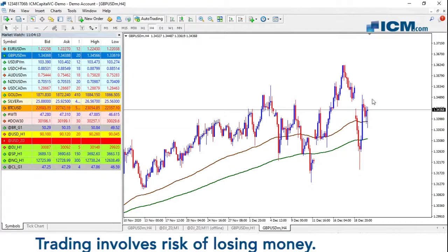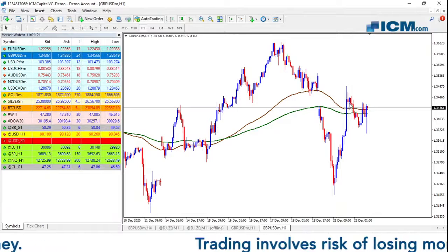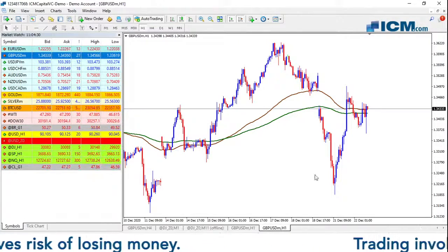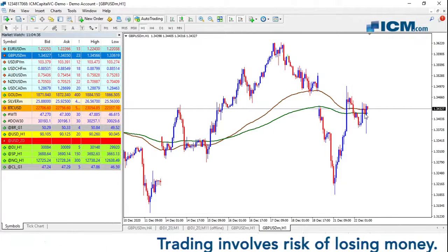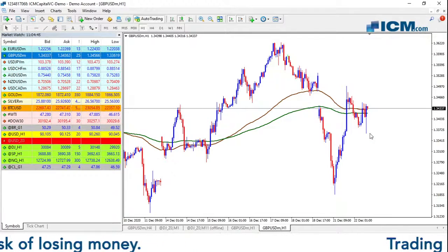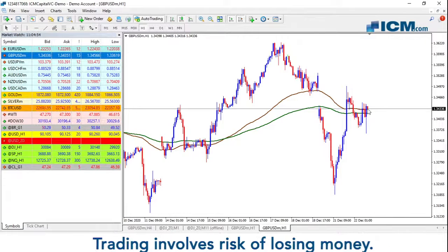Moving to the British pound against the US dollar. So we saw yesterday a huge rally, especially following the announcement of Boris Johnson that he's doing some compromise on fisheries. However, it's still not valid. We saw this rally here, and the market was just reversing yesterday's trade and then moved lower. So this is what we were witnessing in the past couple of hours: a rally, correction, another move to the upside, a drop here. And now, following the headlines that Boris Johnson and von der Leyen spoke in order to reach a deal, also this was a bit optimistic and positive for the market,